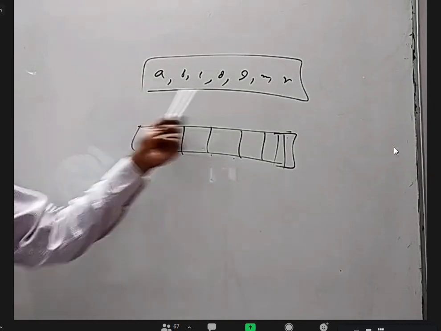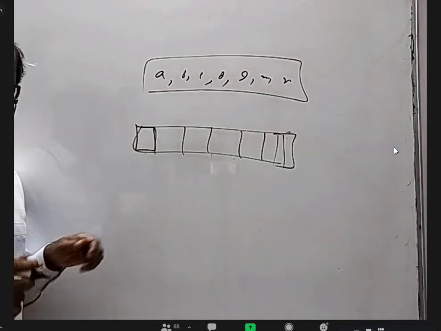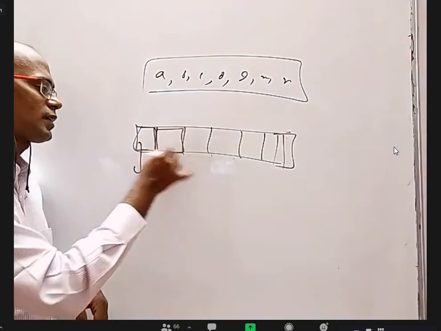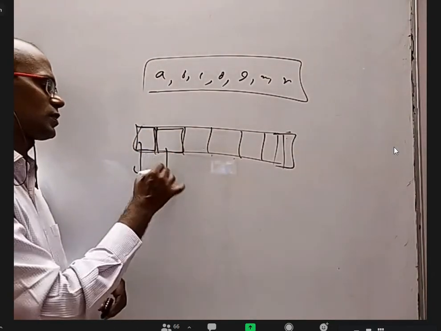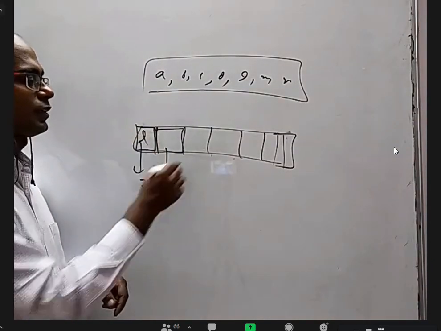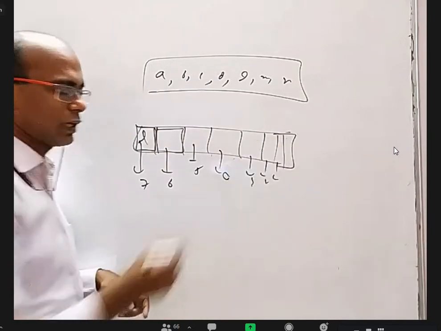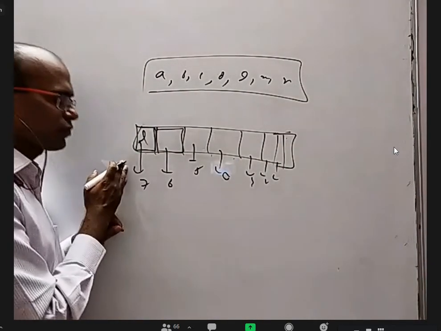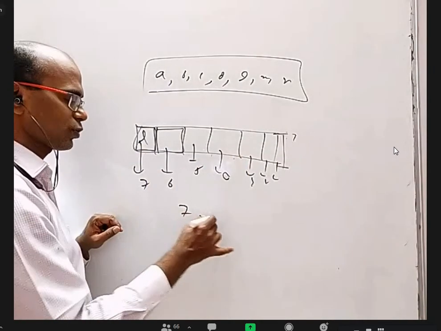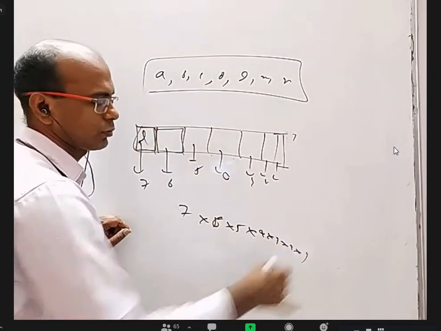Okay, how to make a code word using this. Here, how many letters can I write? 7. Here how many letters can I write? 6, because what I wrote here I cannot write now. If I write L here, I cannot write L again. For this 5, for this 4, for this 3, for this 2, like that. So basically there are 7 ways for filling this, 6 ways for filling this, 5 ways, 4 ways, 3 ways, 2 ways, 1 way. So that is the total number of ways of doing it. I have to multiply 7 into 6 into 5 into 4 into 3 into 2 into 1.